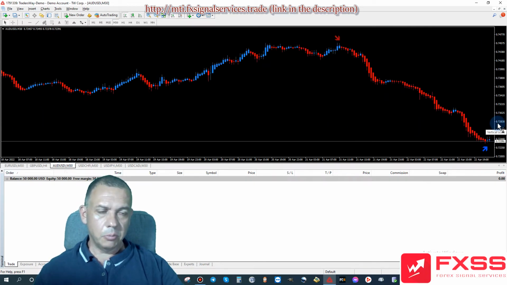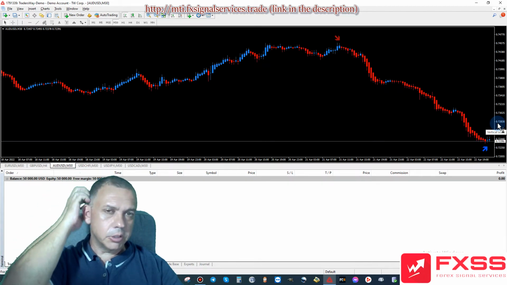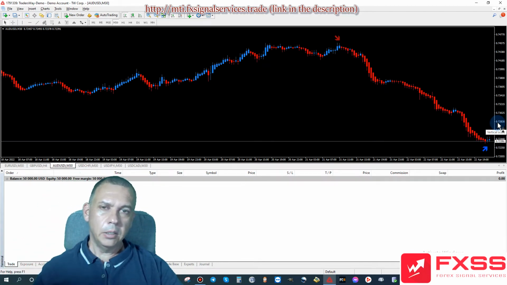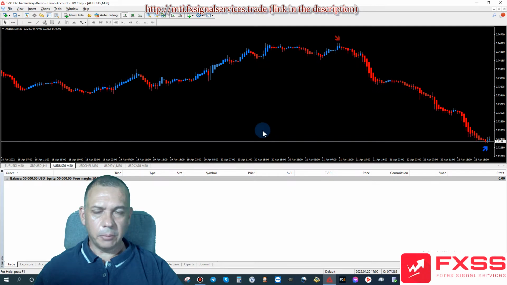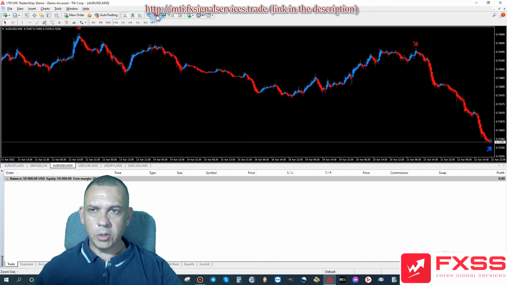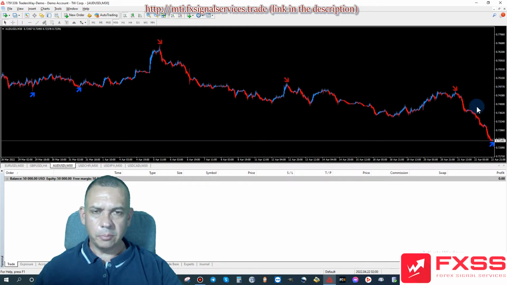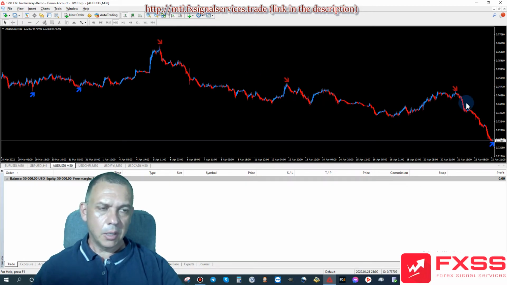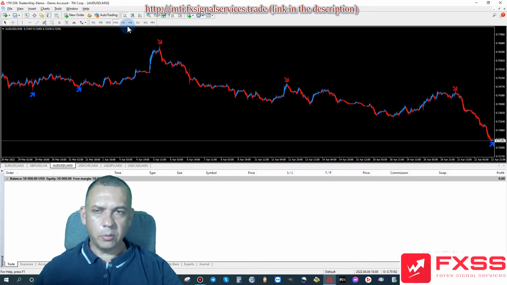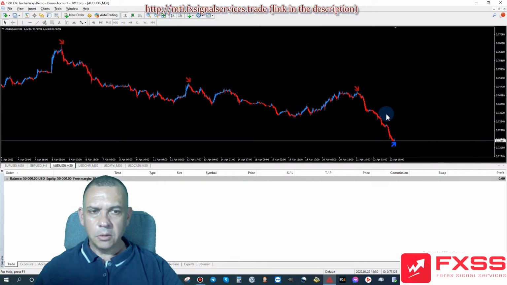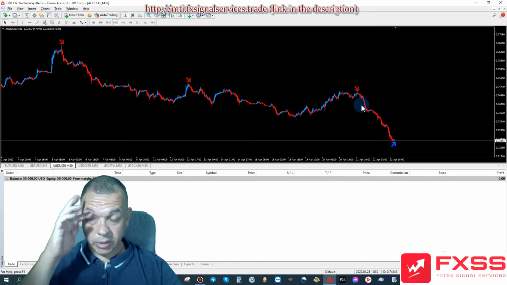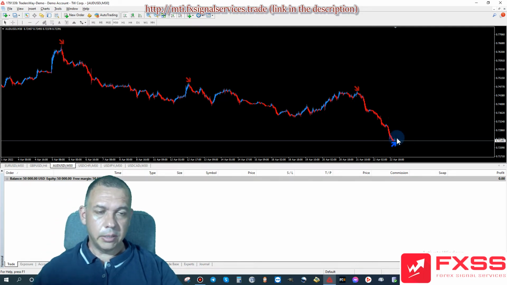Now moving on to Australian dollar versus the US dollar. Again, this one dropped. That's okay, as long as you were anticipating that. If you zoom out a little bit, we see we had a bunch of sell signals, and that's perfect. Now we got a signal to buy. So if you do happen to have a sell trade open, I would close it and get ready to buy. Do not buy right now. This is a very fresh signal.